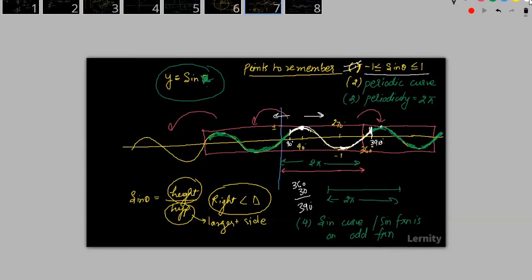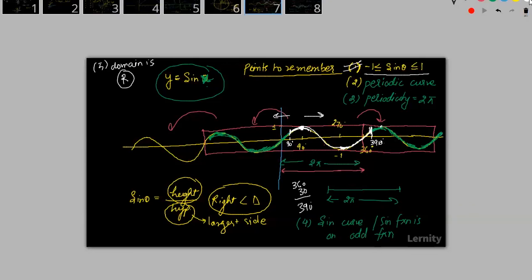Second part is the periodicity. Domain is everything. You can take any value of theta, that will give you a value of sine theta. Fine. So this will be the range. Or domain also you want to write. So fifth property you can write, that domain is real numbers. Domain of sine theta is real. Okay. Fine.